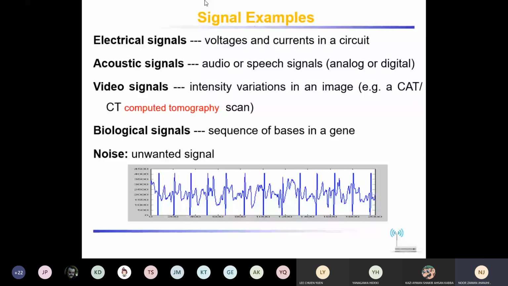At the bottom, you can see an example graph showing some of the signals. You can see ECG signals, CT scan signals, noise signals, sound signals, voice signals, and so on. Different signals are there. Now the question is how we represent those signals easily. We can represent those signals in different ways. We will also discuss these in today's lecture to understand more in depth about the signals.